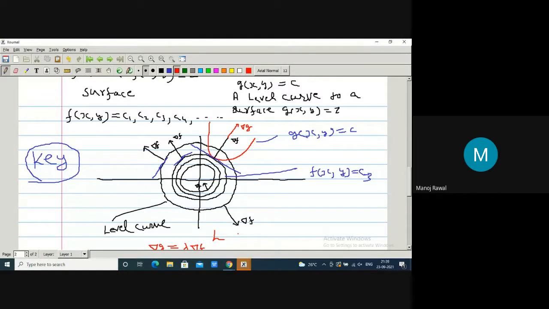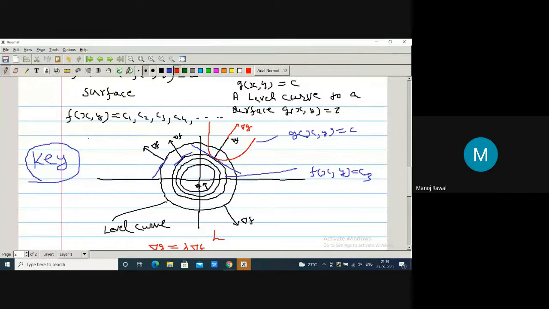And now listen, he has made one theorem over this and he is proving it in the book. We have already done that, the same proof that the gradient is normal. The same logic we have already proved. And I personally feel that remembering those proofs is not always easy. We are human beings, we cannot remember all those proofs if someone asks you in an interview or somewhere, but